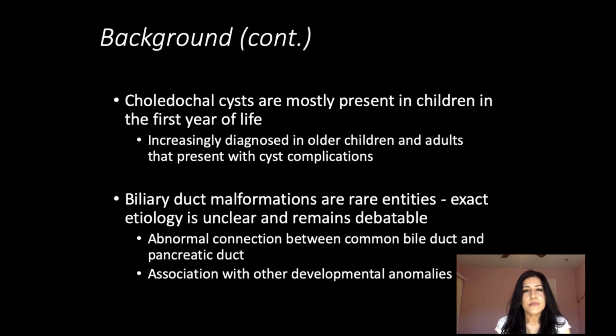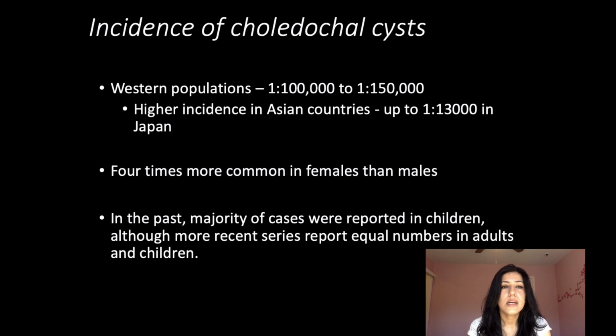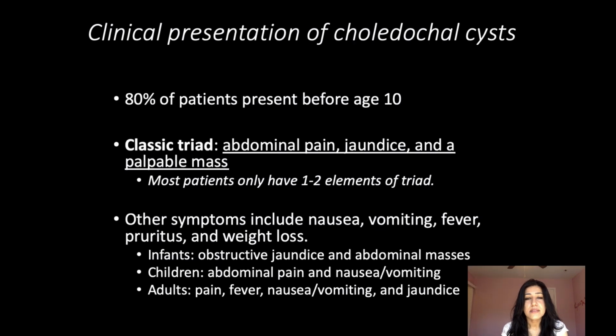So choledochal cysts are mostly present in children, but increasingly they have been diagnosed in adults who present with cyst complications, and the exact etiology is unclear. Some reports say it's an abnormal connection between the common bile duct and pancreatic duct. However, this remains debatable. It's more common in Western populations and more common in females than males. It presents with abdominal pain, jaundice, and palpable mass, and some patients present with other GI symptoms like nausea